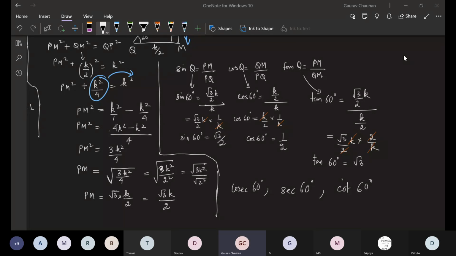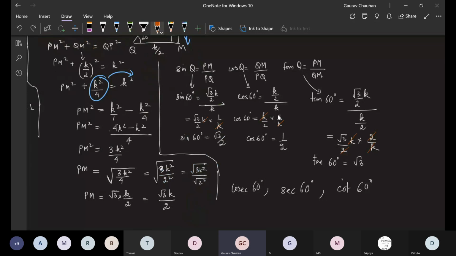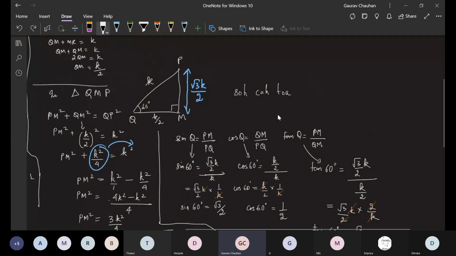Same procedure. All we did was we started with an equilateral triangle so that we can take this particular right triangle and write everything in terms of K. That's the only reason we started like this. Once we got there, we took a part of this equilateral triangle. We had that right triangle here, and here we know that this is 60 degree because it was a part of the equilateral triangle. And from there, we got everything in terms of K by using Pythagoras theorem, and then we are finding this value. We are all good, I assume.